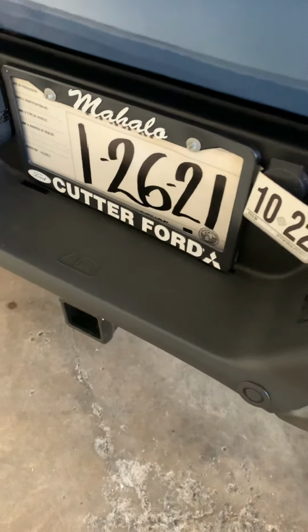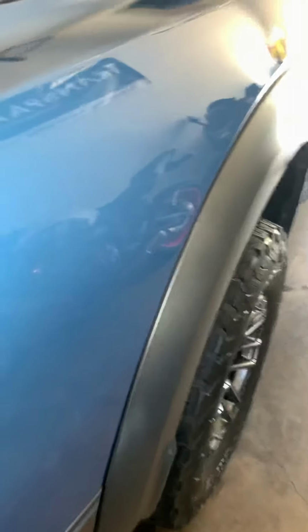Paper plates, straight from the factory. Whoever painted it, they inspected it, they saw like a paint nib or run or something. And this section, they may not have a polisher or a DA sander that can get in this area, so he did it by hand and then he polished it, and then you can tell the ring around